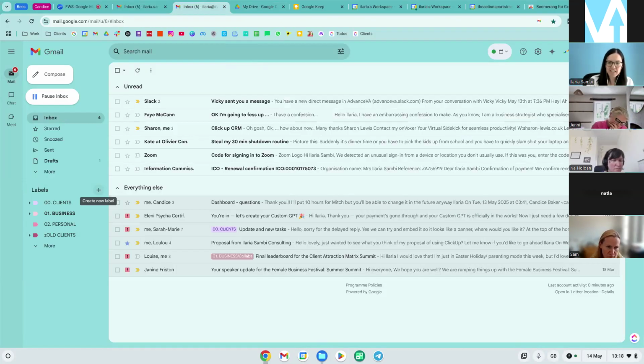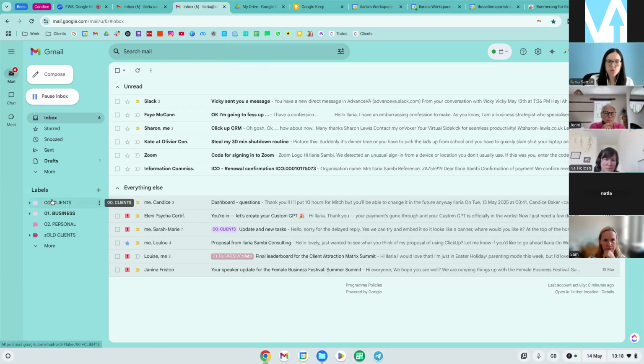So this, for me, is essential for clients. So I have a 00.clients folder, 10.1 business personal, and then Z all clients. You'll notice that I put numbers because the thing that I don't really like about Google stuff is that there's no option to organize things not by alphabetical order. So you need to find workarounds.